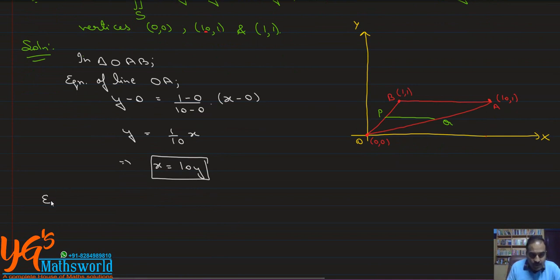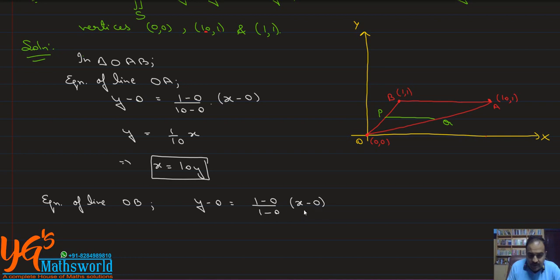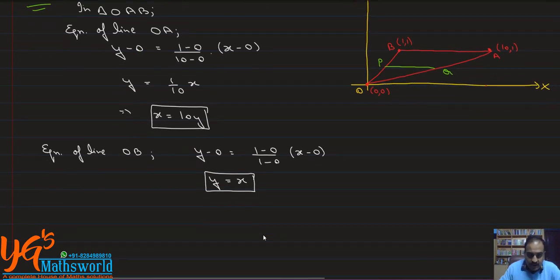Now the equation of line OB. It will again be y minus y1 is equal to (y2 minus y1) over (x2 minus x1) into (x minus x1). So it will be y is equal to x, or we can say x equals y. And the variation of the value of y will be from 0 to 1. The maximum value of y is 1. Therefore,